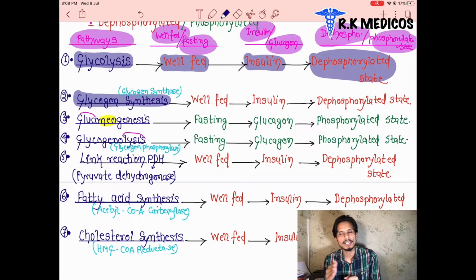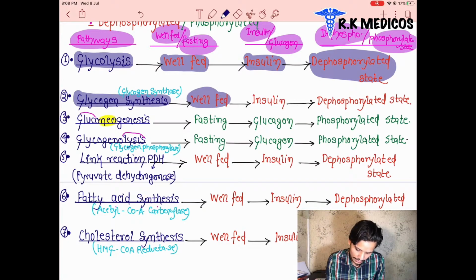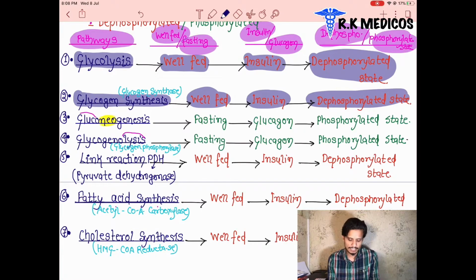Does it happen in the well-fed or fasting state? It happens basically in the well-fed state. Which hormone is responsible for it, insulin or glucagon? Of course insulin. Phosphorylation or dephosphorylation, what do the enzymes of this pathway undergo? They undergo dephosphorylation. We can see once again, there is a well-fed state, insulin, and dephosphorylated state. Once again, we can see the third one,